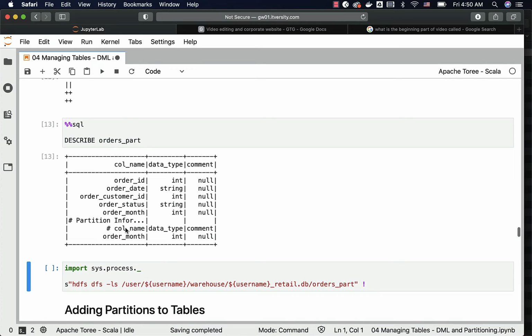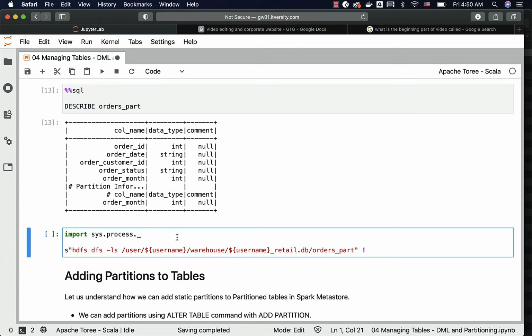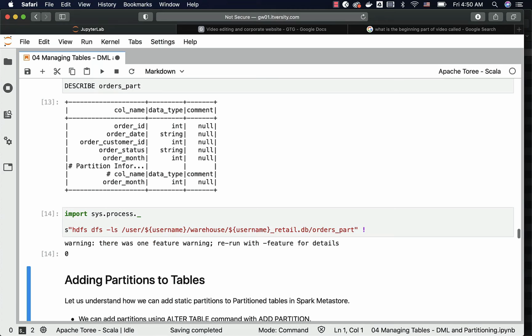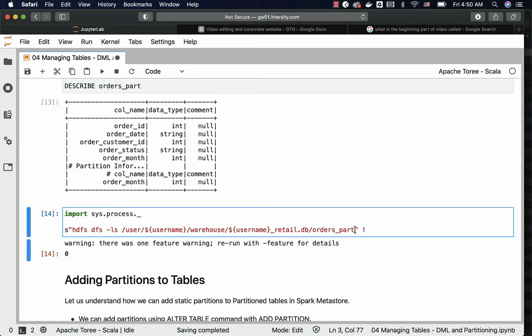You can see that as part of the column list, we got the partition column information. The name is order month and the data type is int. You can also check the location by using this command. You can see that it is empty. However, the table is created using this folder in HDFS. As our warehouse directory is user ITversity warehouse, you can see it here, and then this is our database folder. This is a managed table, and we have created this managed table under ITversity_retail. This is the folder name pointing to that database, and this is the folder that is created for this table.